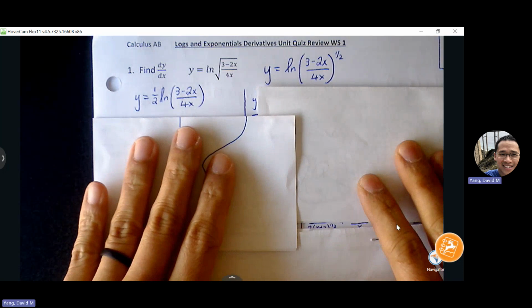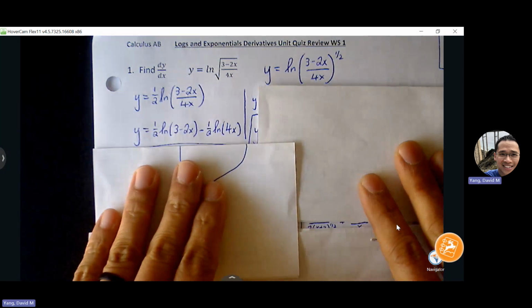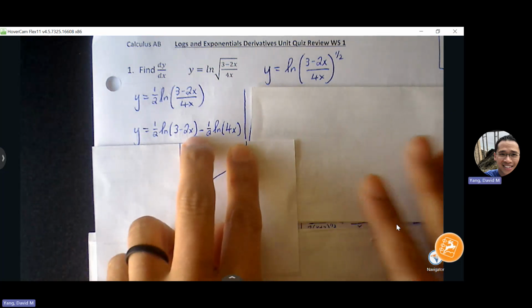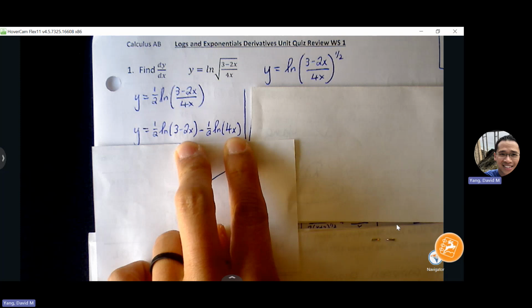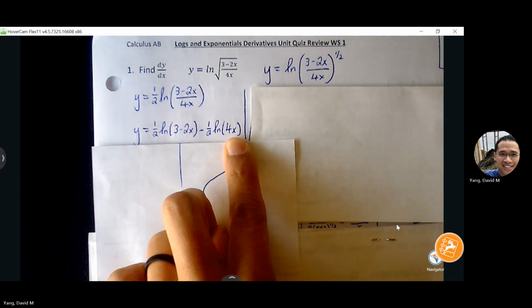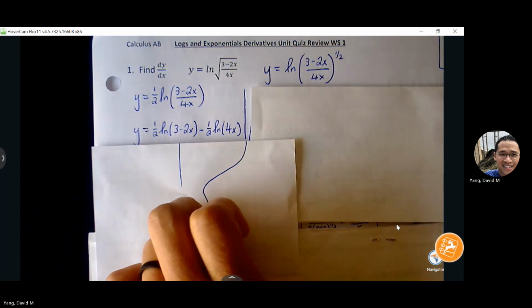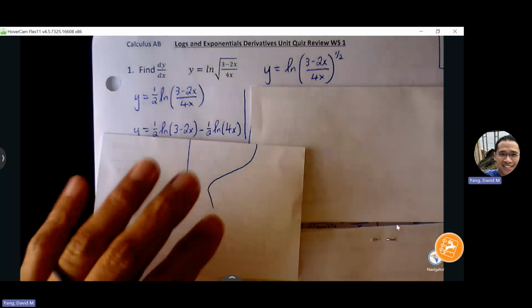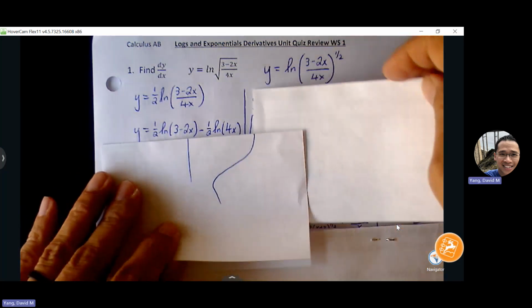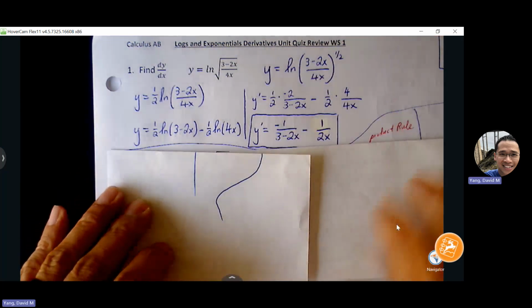Okay, so natural log of A over B is equivalent to natural log of A minus natural log of B. And now we can apply our derivative rule. What's our derivative for natural log? What's our rule there? Natural log of U becomes what? Yeah, U prime over U. Yep. Apply that twice and